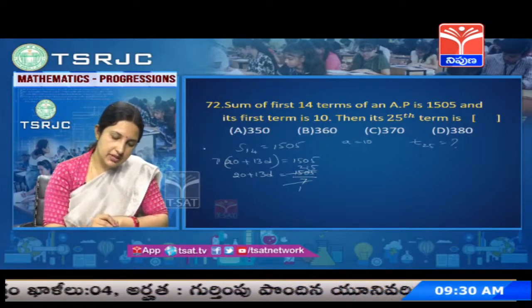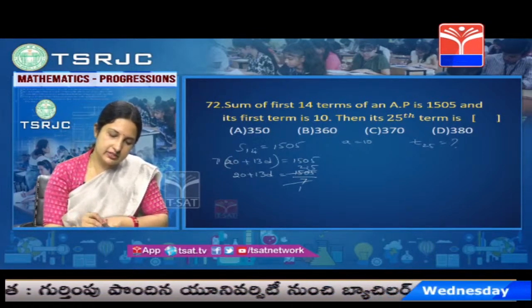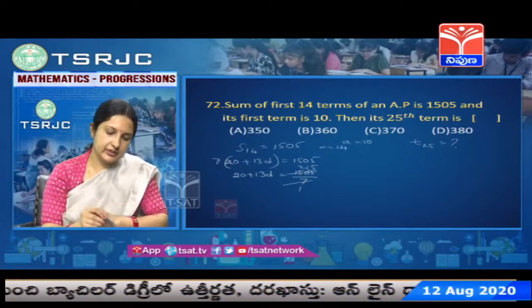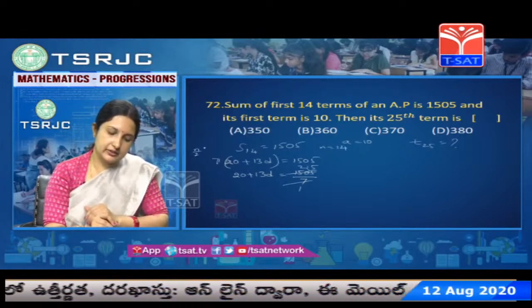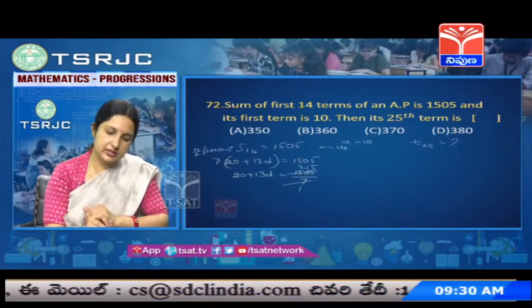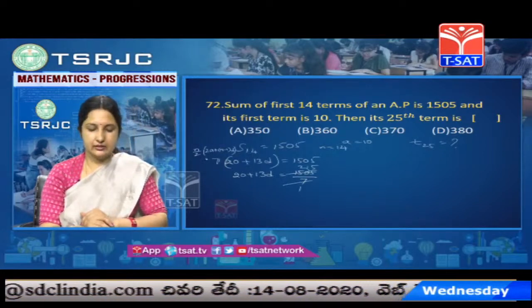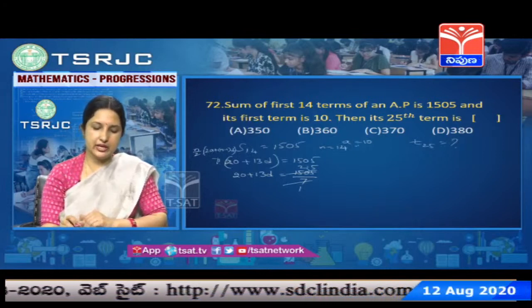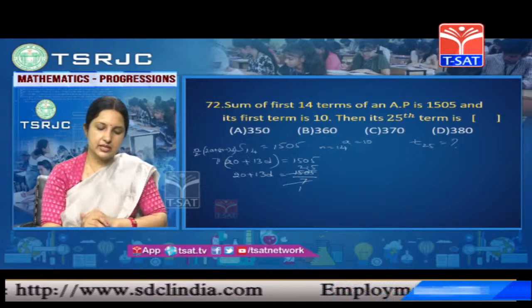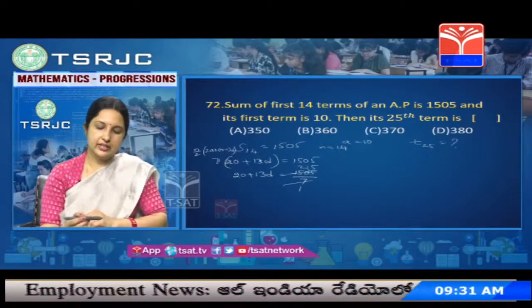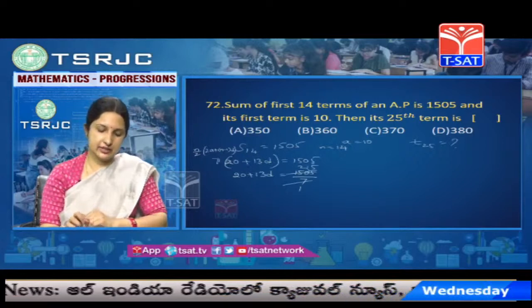See, what is the formula? n/2 into 2a plus n minus 1 into d. Here n equals 14, so n/2 is 14/2, which is 7. 2 into a, 2 into 10, is 20, plus n minus 1, that is 14 minus 1 is 13, into d, which we don't know. So write it as it is, that equals